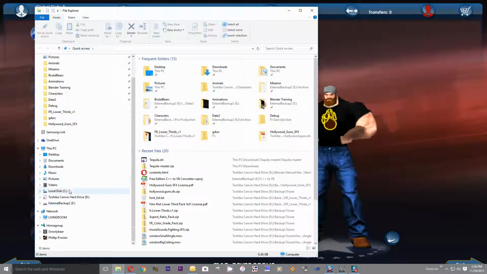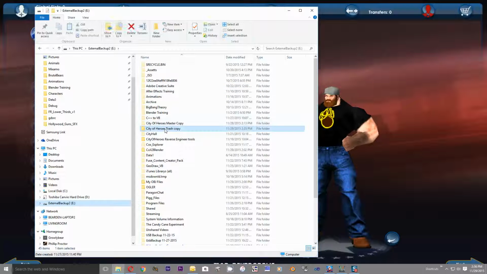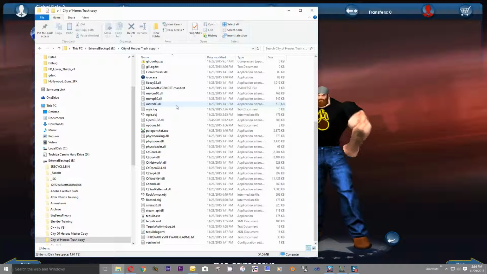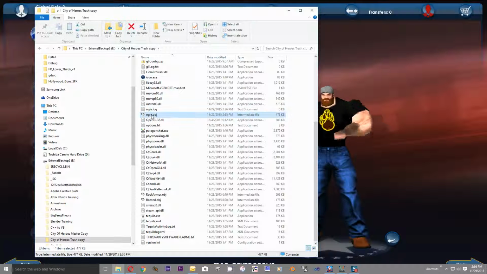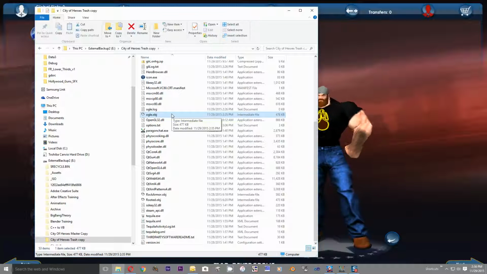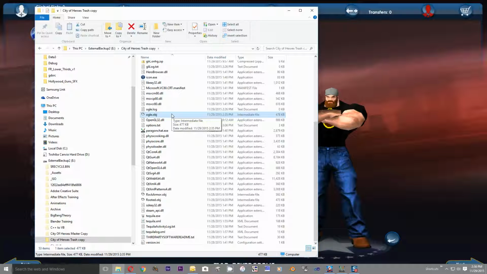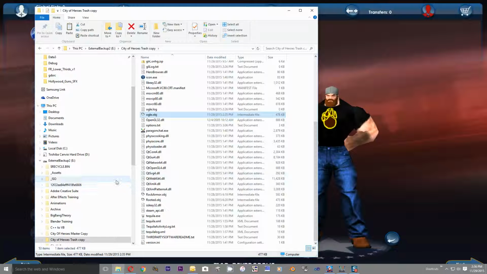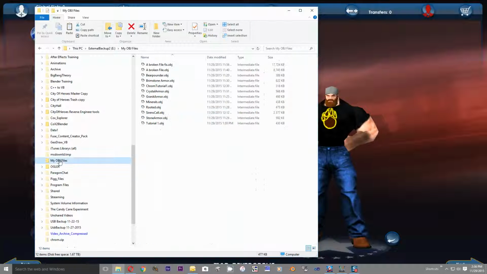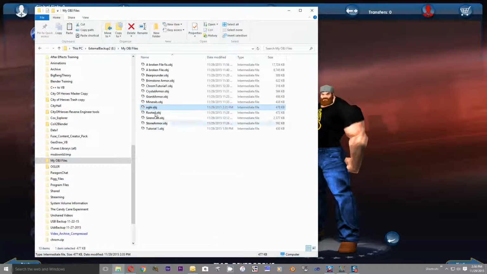We're going to go open up the City of Heroes trash copy is what I'm working in. By pressing Control-Shift-F, it created this oogle.obj file. Every time you press Control-Shift-F, it's going to overwrite that file. So what is kind of a pain is you need to come out of City of Heroes, and what I like to do is I will copy this file, and then I will put it into another folder. I have a folder called My OBJ Files. I will paste it here, and then I'm going to rename it to something more useful, such as